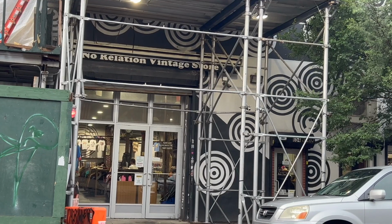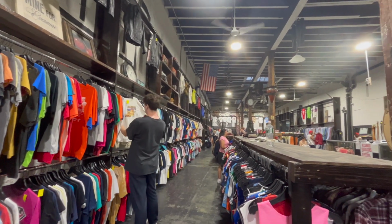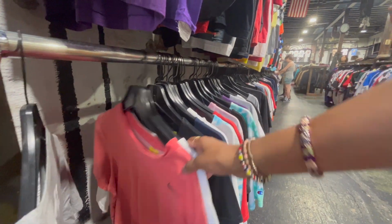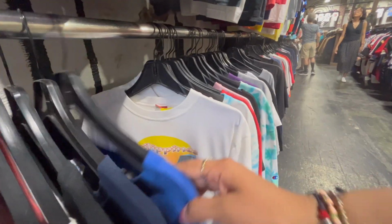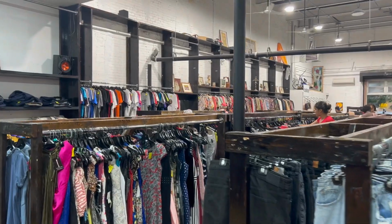The next store that we went to was L Train Vintage. I love L Train Vintage, but I was so disappointed by my time here because the inventory was so low. It could also be the season. I feel like fall and spring is probably the best time to go shop, but everything just seemed very unclean